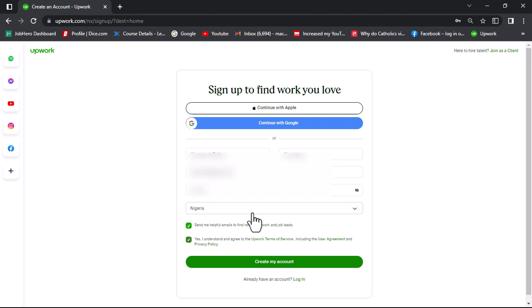Personally, I opened a Nigerian account, and in less than a year, I was able to get the Top Rated freelancer badge on Upwork. So it does not matter which country you use to create your account. And in fact, if you create an account that is not a Nigerian account, and I'm speaking to Nigerians because the participants here are mostly Nigerians,